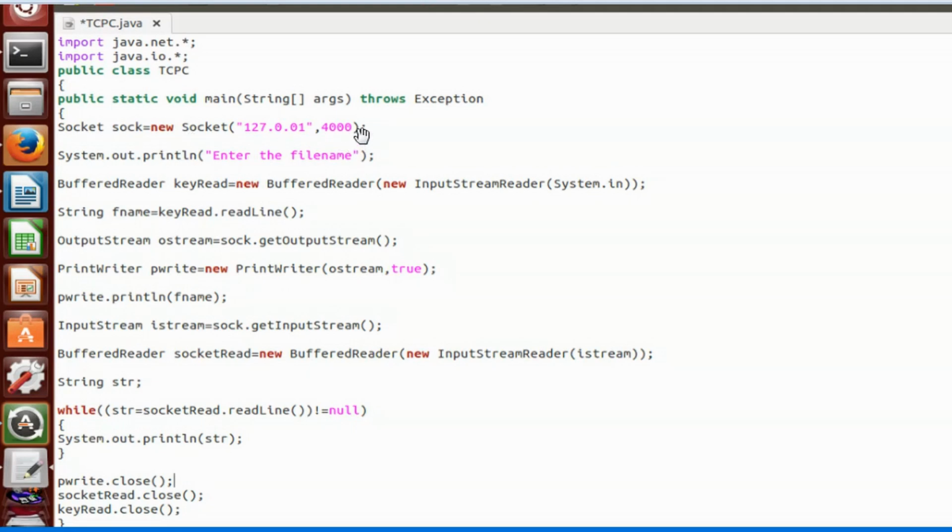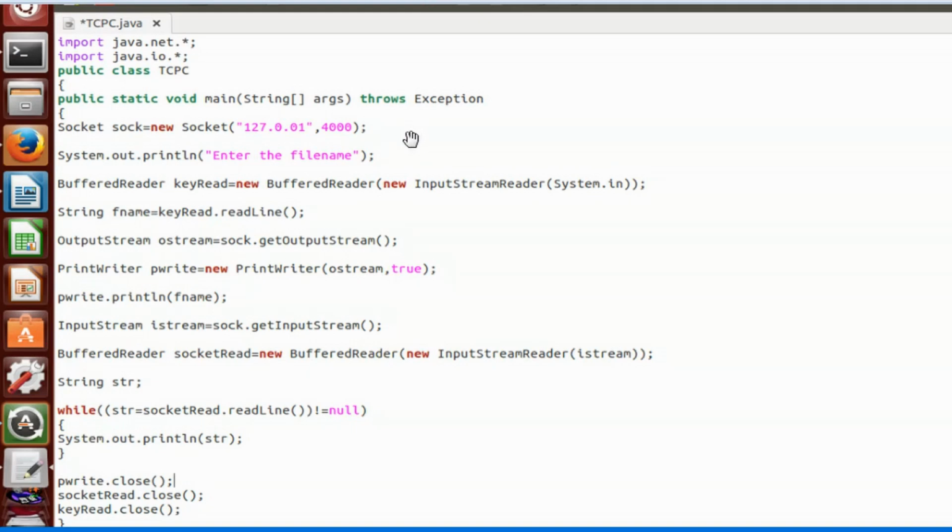There is one more point. On the client side we have already seen that I have only one socket per client, whereas on the server side we will have one server side socket, a welcoming socket, a master socket, which first interacts with all clients. It's like a receptionist. Then later for each client it will create one dedicated socket. Anyway, that's on the server side. Let's come back here. Here I am creating the client side socket. This is my IP address and this is my port number.